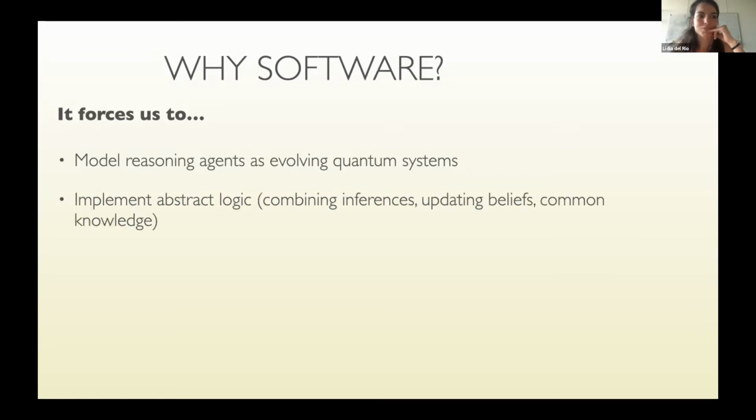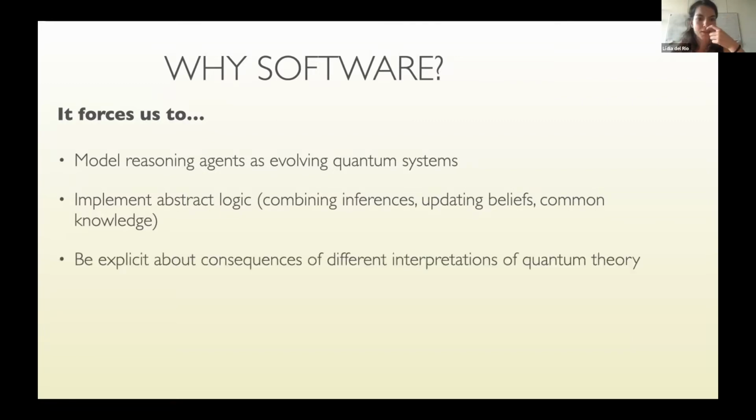It also can force us to implement all these concepts we take for granted of logical systems, like how agents update beliefs, what is considered common knowledge and how they use this, all these things, and try to make them more explicit. And also when you talk about different interpretations of quantum theories, it can really force us to say, if we have to try to program what it means for an agent to use a theory, what inferences they can make, then it can make a bit more explicit what the practical differences are between different interpretations of quantum theory.